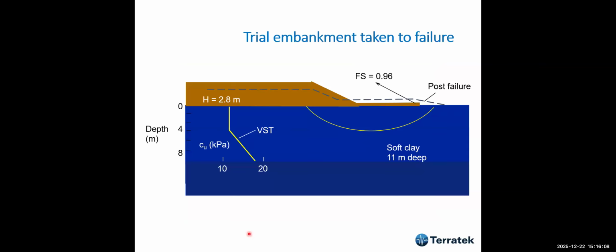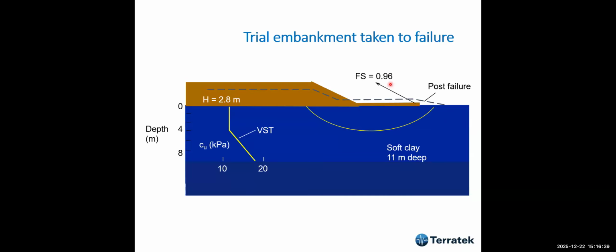And this was the result. We had an embankment, and the embankment height by the time of the failure was 2.8. We did a lot of back analysis at the time, but in those days we did not have Windows. Everything was so difficult to use. The computer was a mainframe. We had to use Fortran programs. And we found that with mean VST values, the factor of safety that explained the failure was about